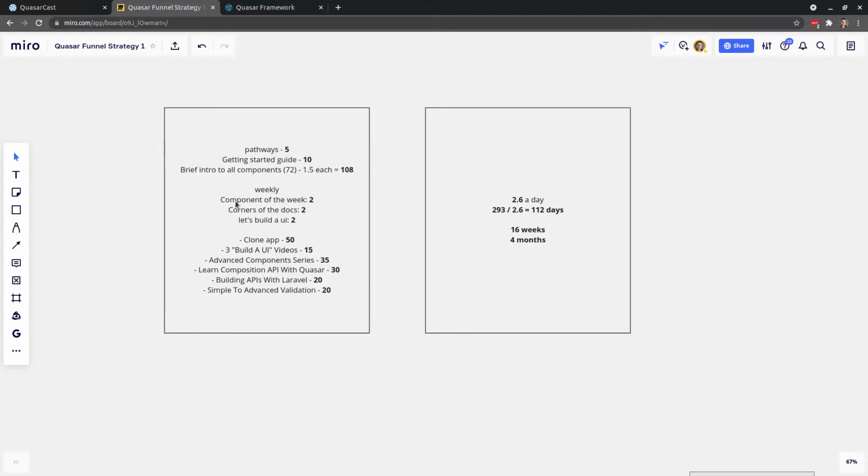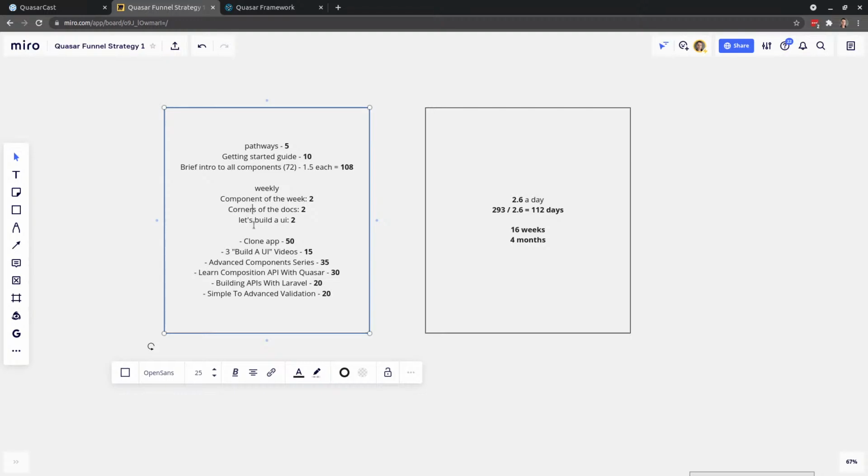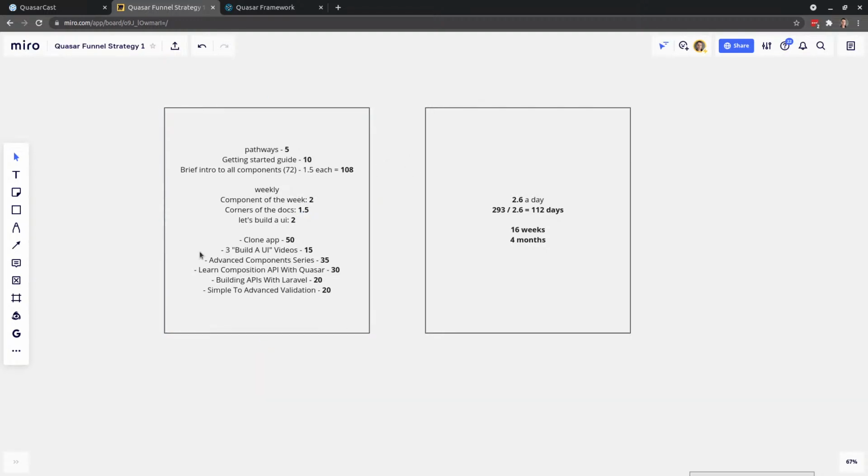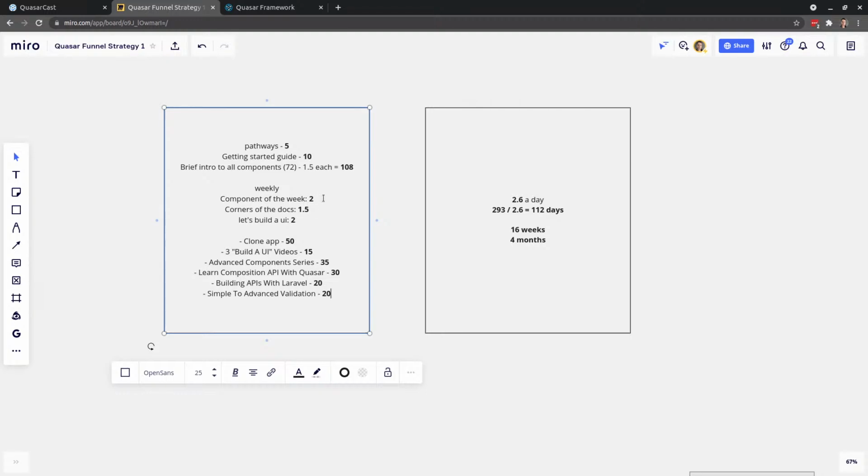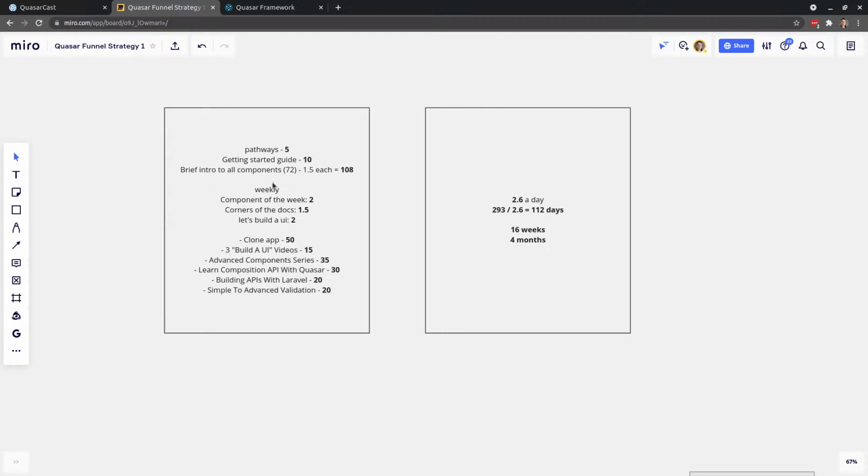So I'm going to do a component of the week, corners of the docs, and building a UI. Honestly, this is probably more like 1.5, so maybe I can change the numbers a bit there. It really doesn't take that long to do a corners of the doc section. Let's build a UI. Takes a little bit longer though. Yeah. Anyway,